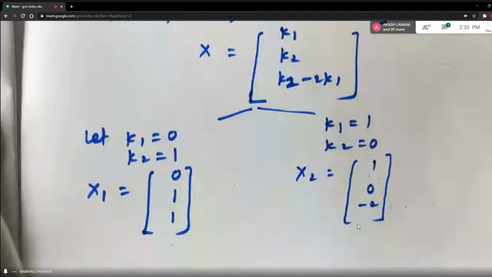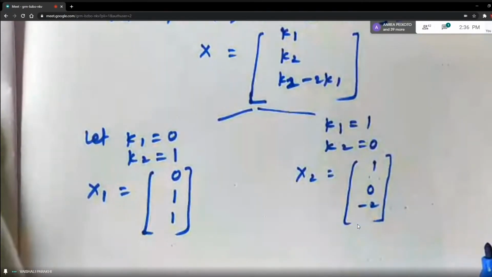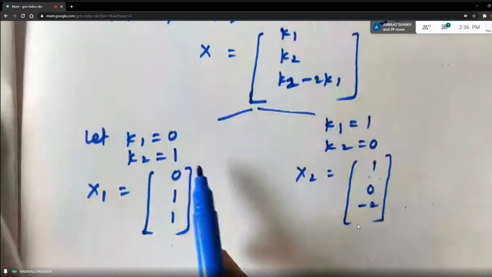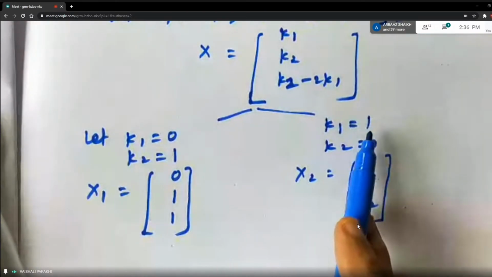Okay. So two eigenvectors are done. Now the third eigenvector. To find the third eigenvector, see students, just as the experiment, you can choose different values of k1, k2 at both places. And we all can check whether our final answer is correct. Some students can take 1, 1 here. And here you can take 1, 0 or 0, 1.